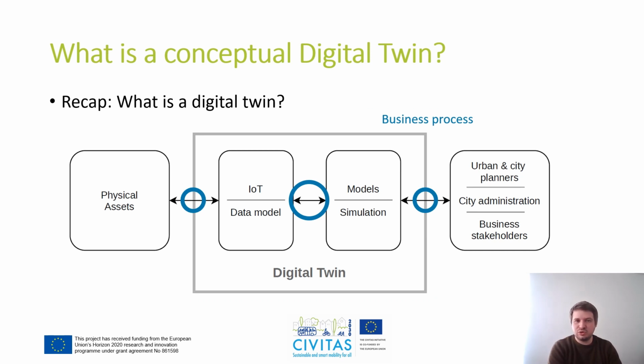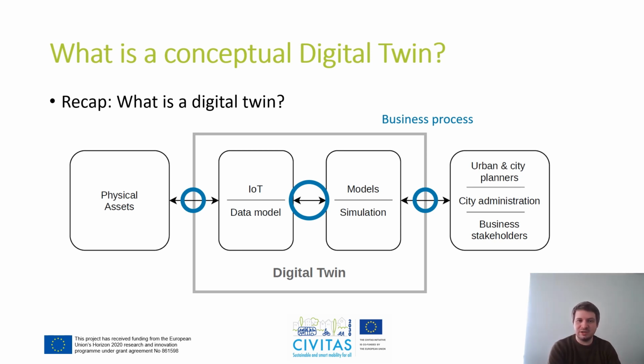The second important component is the business process, because there we want to know how all these elements of the system are connected with each other, and especially with the real world where we have the physical assets and the stakeholders who want to have information from the system. And the important question here is, how do the inputs go into the system, either as signals from the physical assets or as data requirements, as requests for information from the stakeholders, and how are they connected step by step,